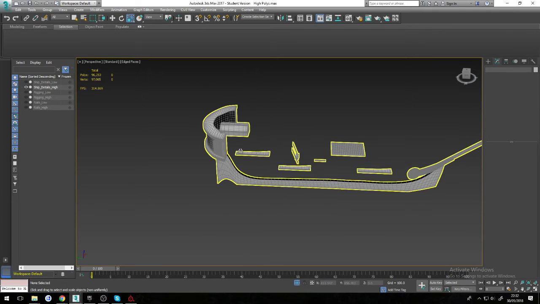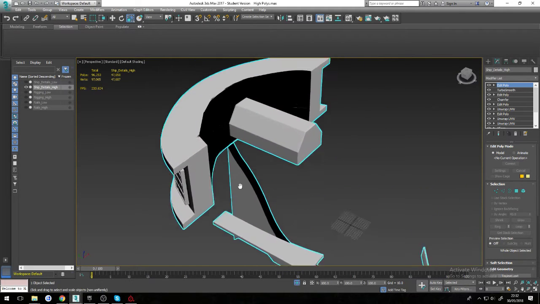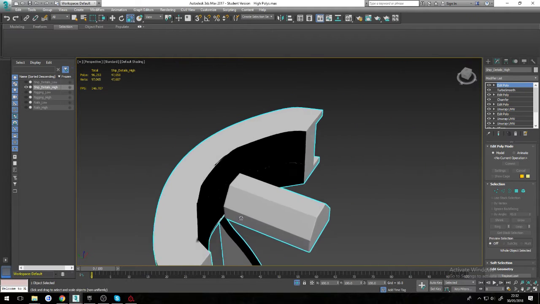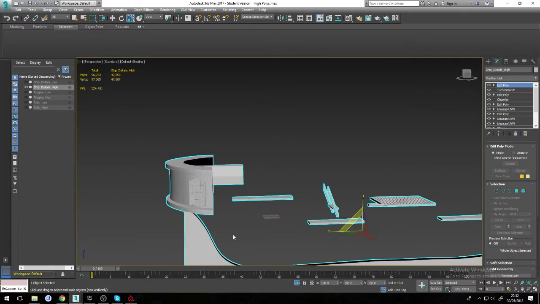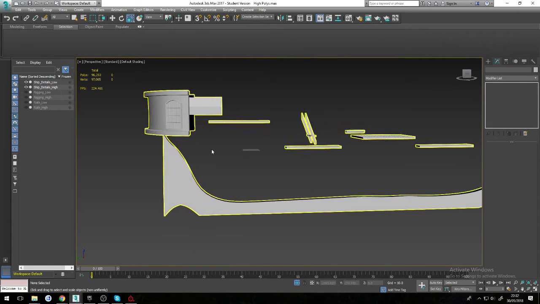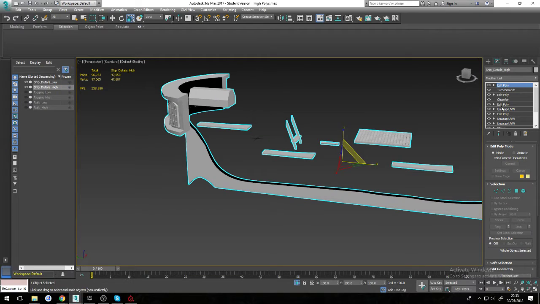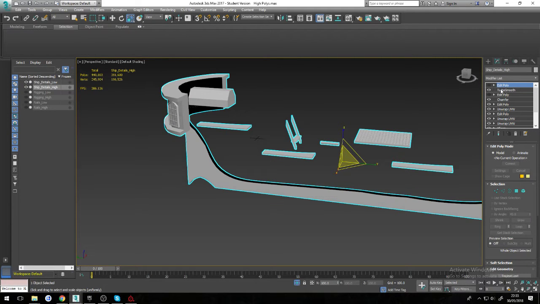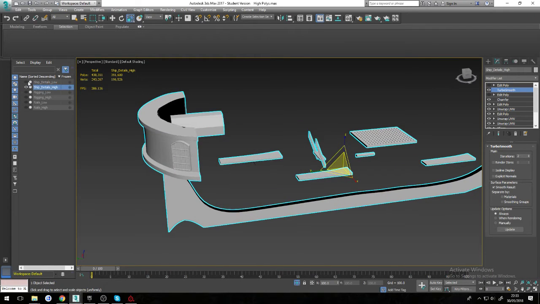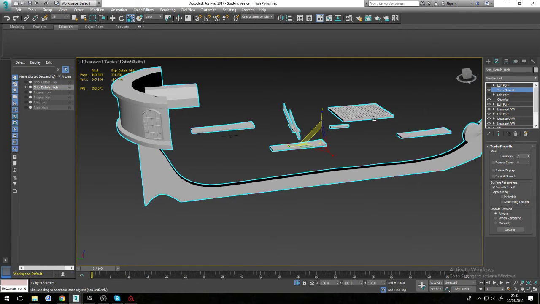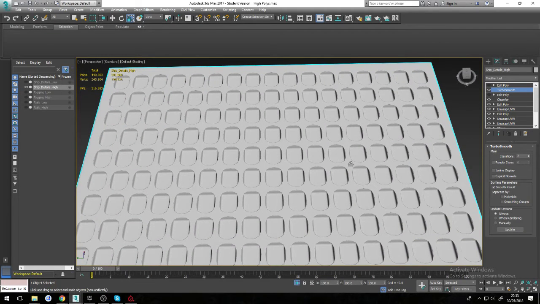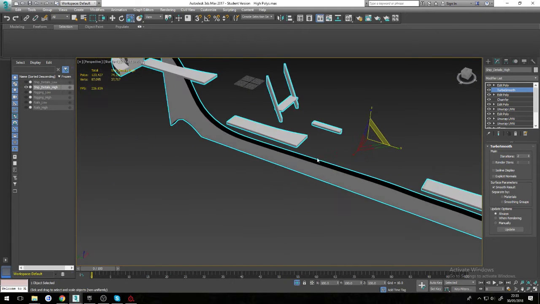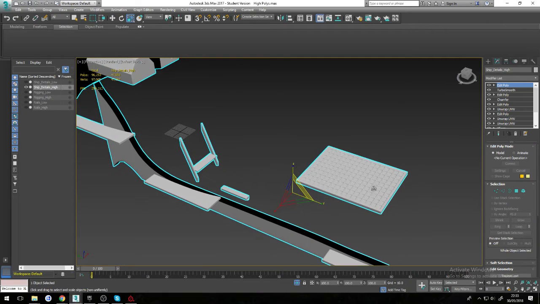For the high poly, and there you can kind of see where the n-gons are causing some issues. I mean, the high poly was the exact same way I did the rest of the stuff. So making sure my smoothing groups were all good. Chamfering via smoothing groups. As you can see here,